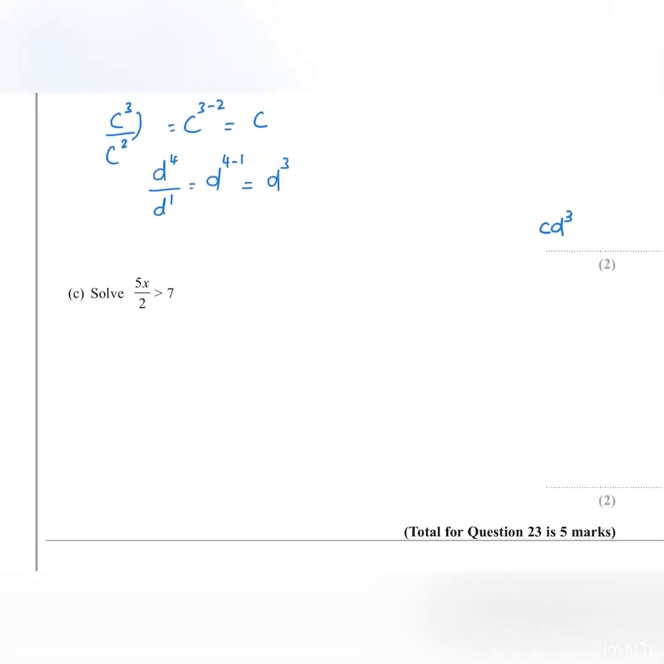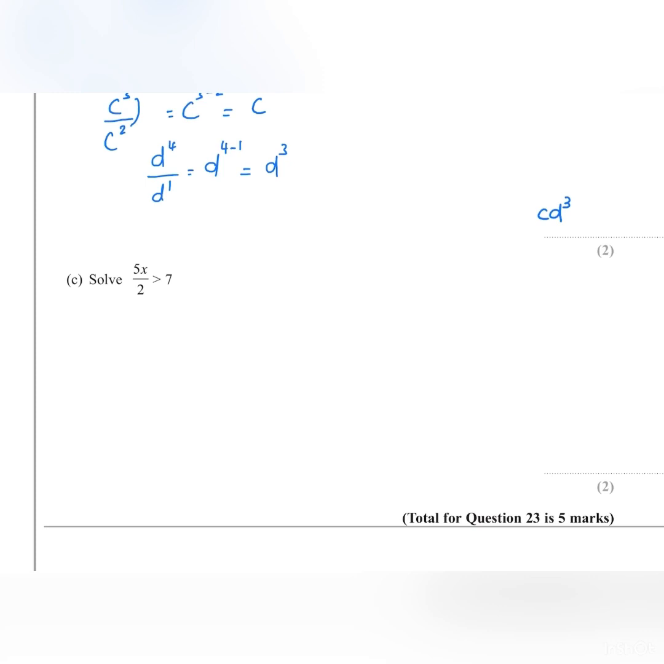Okay. Now part C, it says solve 5x divided by 2 is bigger than 7. So inequality. So the first thing is times both sides by 2. So when you times both sides by 2, this will cancel out. So we've got 5x is bigger than